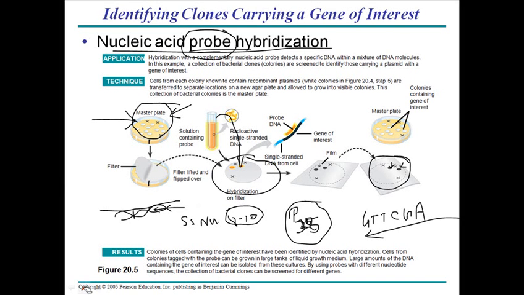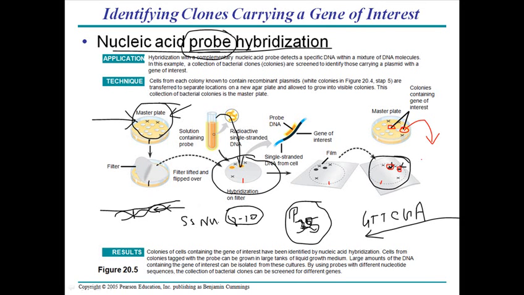So in this case, we are making a replica of it. We are making a mark in the same region where we have marked the plate, and we have marked our paper. After doing it, we can find the marked region, and by finding those marked regions we can overlap those images and finally find, yes, these are the places in the master plate which are represented in this replica plate, and that means these colonies contained that nucleic acid probe. So we can use these colonies to make a culture of these colonies which have our gene of interest, and finally we can make copies of those genes.